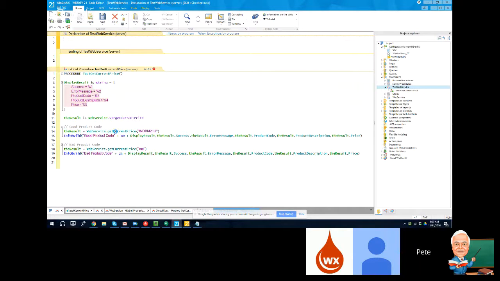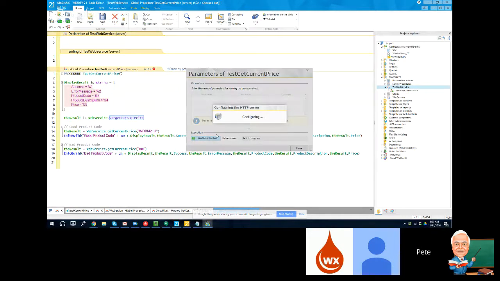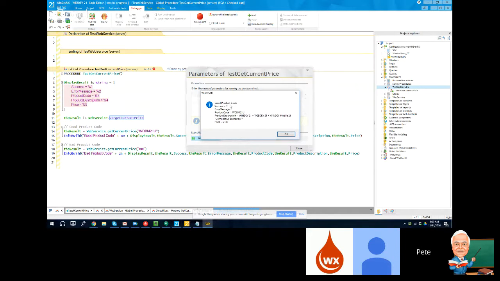And all I'm doing is making a call to that procedure, and I'm passing it, in one example, a good product code, and the other example, a bad product code. I've got my result defined as an instance of that structure that we declared over in that group of procedures. And if we run this test procedure, we see a good product code, we get a success, no error message, we get the product code, the description,